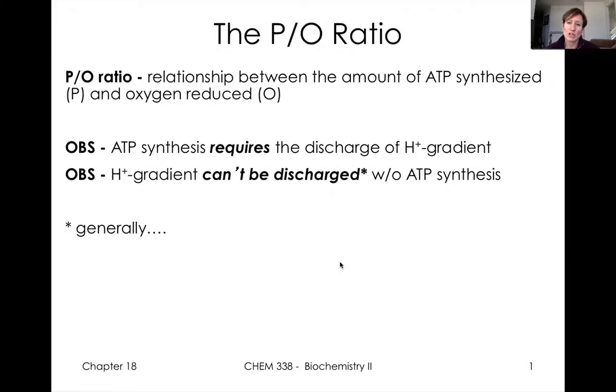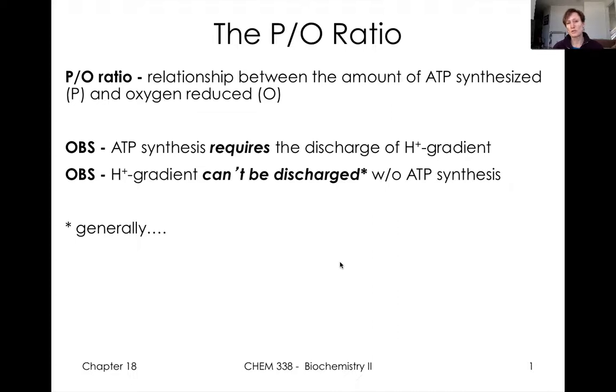So our last section in the electron transport oxidative phosphorylation chapter deals with putting these two pieces together, and also thinking about how we regulate this process. And then we'll have a few applications at the end talking about the dangers of oxidative metabolism. So to introduce this concept of the PO ratio,